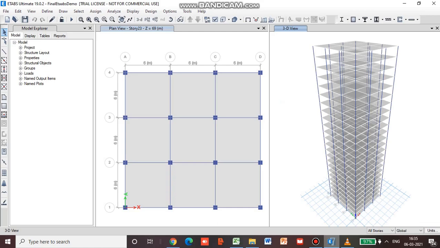Okay, guys. Now we have defined all the material properties, section properties. We have made the whole building. Now what we are going to do next is we have to go for the cladding. So for that,